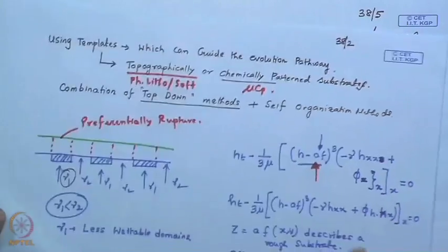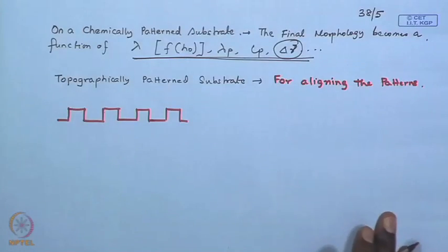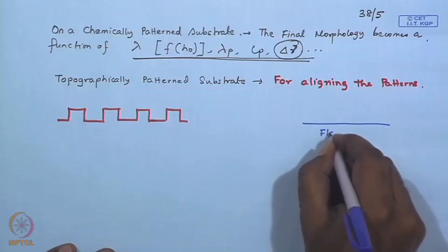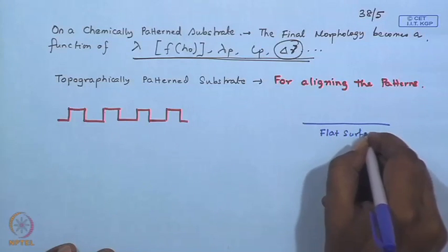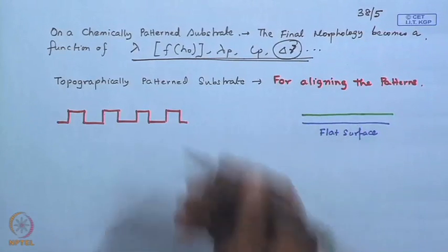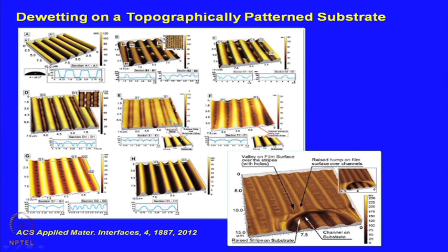So, h itself, or eta, becomes a strong function of x, but in practice it is more critical, because how do you really get a film on this type of surface? Because on a flat surface, this is your flat surface and you simply spin coat, you get a film. How do you get a film on this type of surface? Because if you spin coat, we have talked about it very briefly, and here you can see again that by directly spin coating